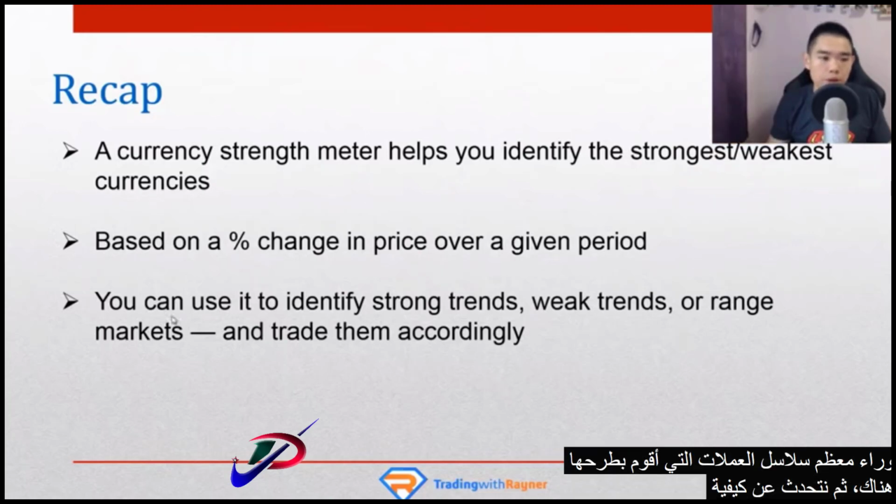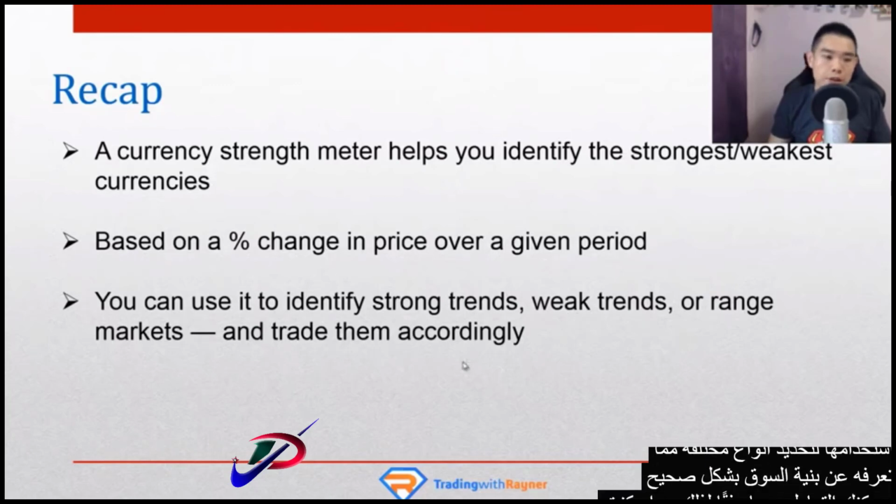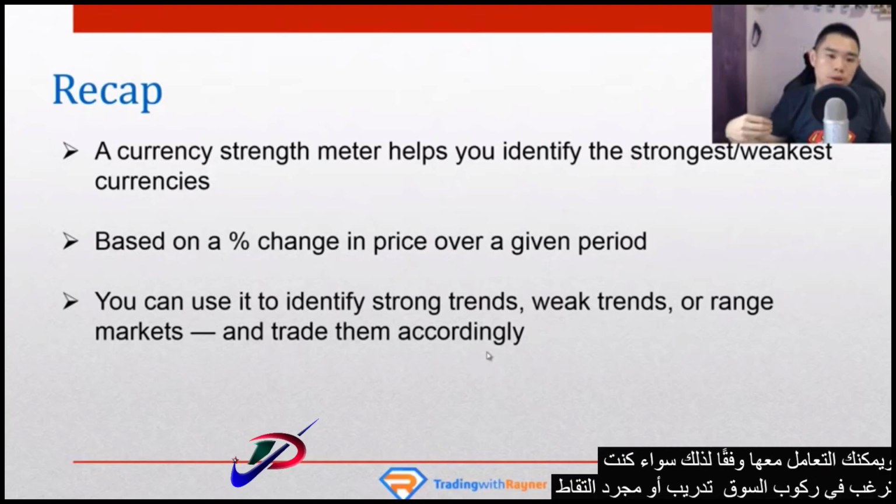And then we talk about how you can use it to identify different types of market structure. And you can trade them accordingly, whether you want to ride the trend or